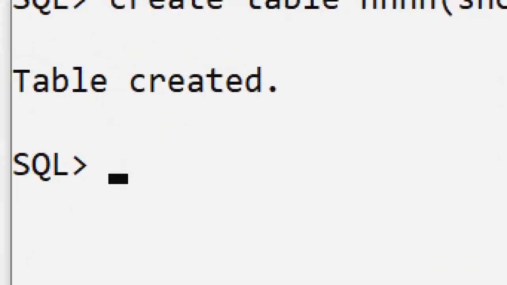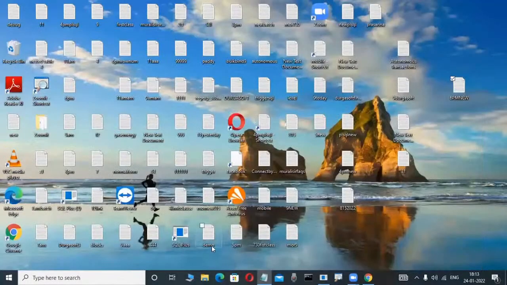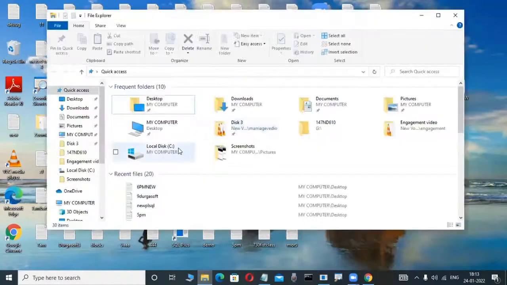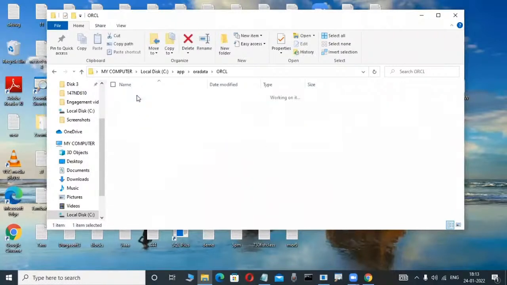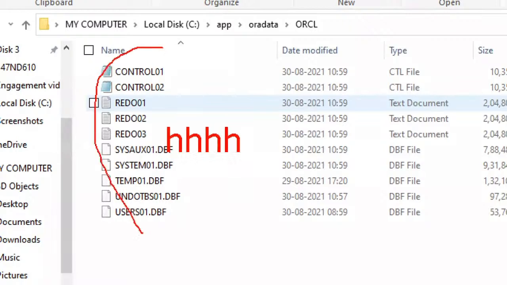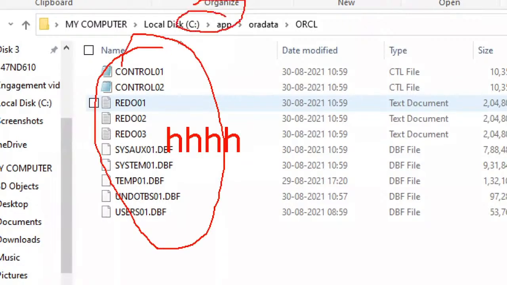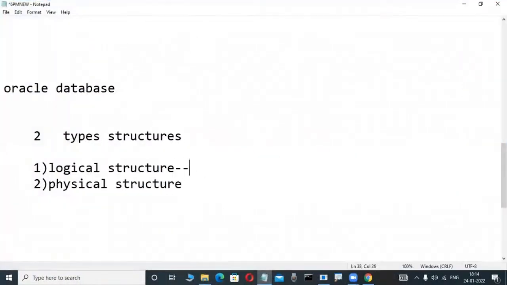Whenever I'm creating a table, this is not visible in the operating system. I'm installing Oracle on my system, how to install we will learn in next classes, don't worry. I'm installing Oracle somewhere in the C drive, and in this C drive your table is not available. Whatever table I'm creating is not visible in the C drive or D drive. That's why a logical structure means a structure which is not visible